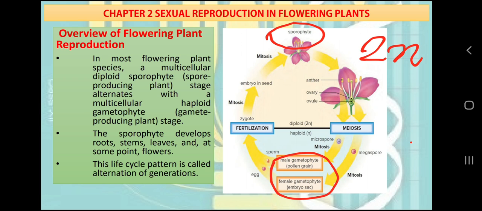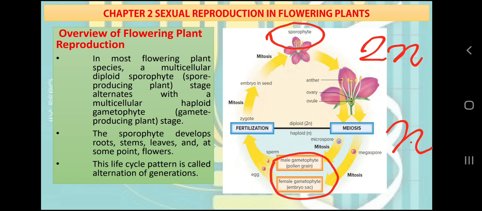Consider another example, which is of fungi. Fungi are always haploid in their life cycle. Their body is haploid, all their cells are haploid, their gametes are haploid, their spores are haploid. Only one cell is diploid in the life cycle of fungi, which is the zygote, which immediately divides via meiosis to produce haploid spores. So we can generally say that all fungi are haploid and all humans are diploid, which is a very easy example.